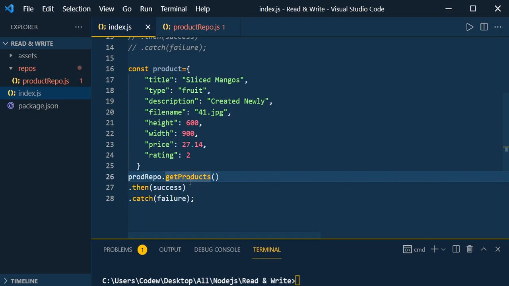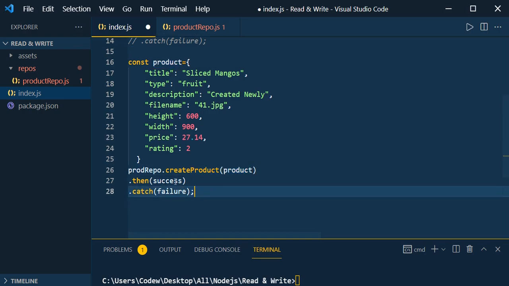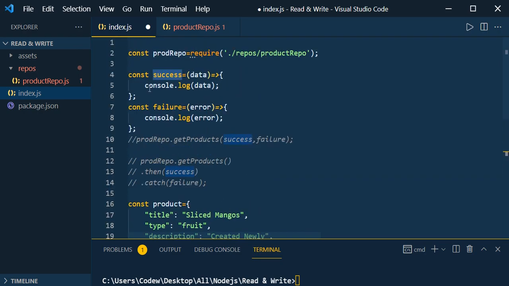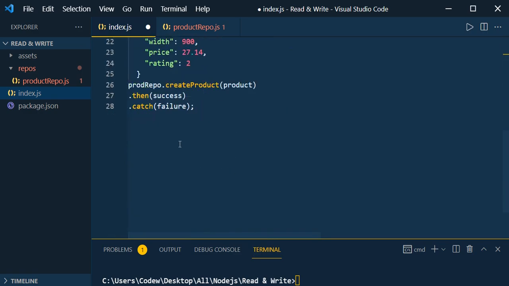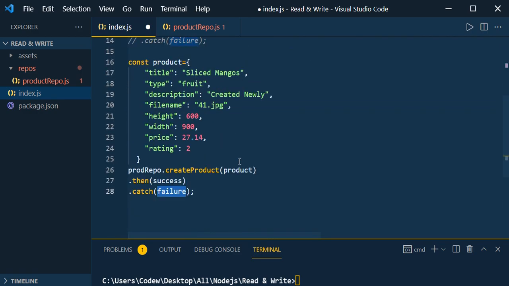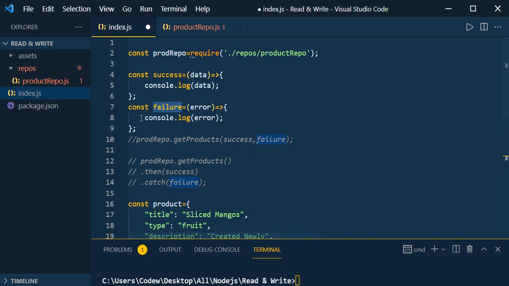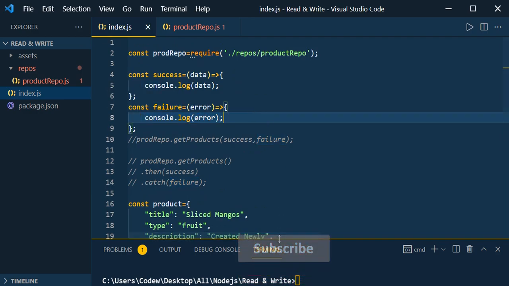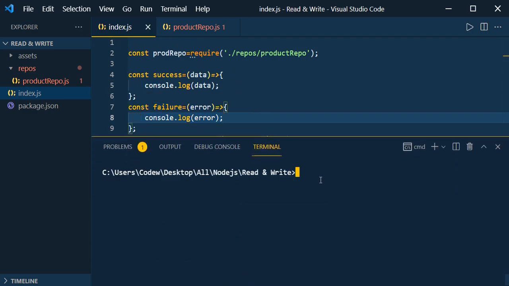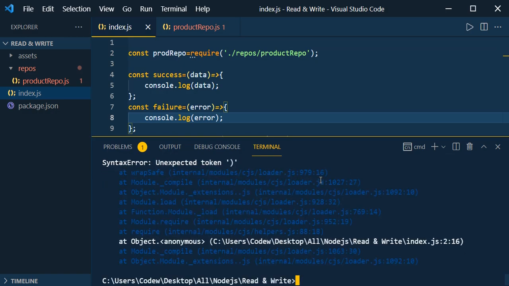Call createProduct instead of getProduct here, and we need to pass this product. Inside the then function we are calling the success function so that we can log the message, and in the catch function the failure function we called so that we can log the error. So now let's go to the terminal and node index.js, enter.